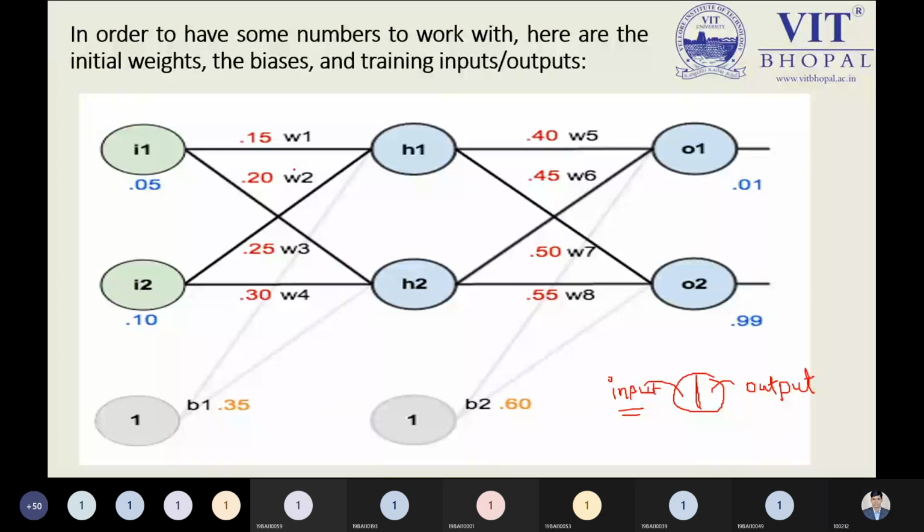Okay, so now it is clear. This H1 is connected by W1 and W2, and how many inputs do we have? Two inputs, I1 and I2. That is the point you people are required to keep in mind. So from this perspective, we can easily say H1 will be connected by W1 and W3, not W2. From this perspective, we can easily say which nodes and which weights are required to calculate. So can you get the value of H1 as an input?